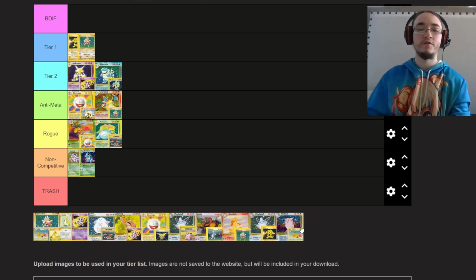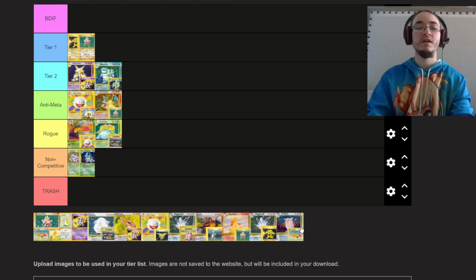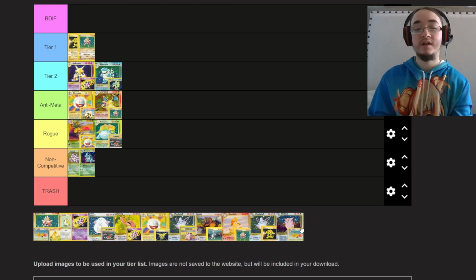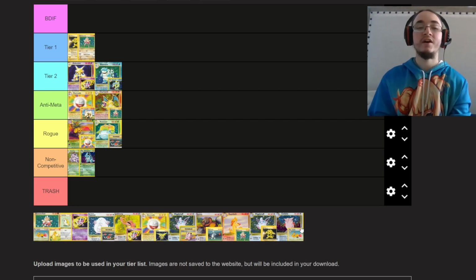You still have to do all the requirements of the attack, such as discarding energy or anything else, but you only need the 1 energy to actually use the attack, which is really nice. The biggest problem with it is it still has pretty low HP. It's only 70 HP, and it has a weakness to fighting, and there's a lot of decks in this format